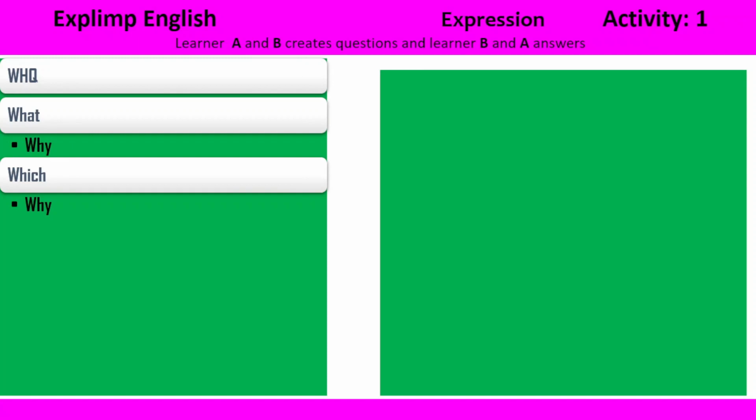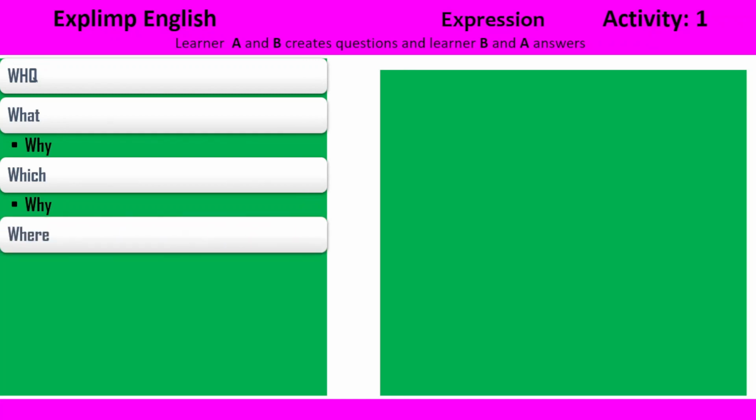For example, in English there are types of English: business English, academic English, or general English, or street English. Like which type of English? Grammar or spoken English, IELTS, and there are types of English, right? Then where? Like at which place would you like to practice and why would you like to practice it there?